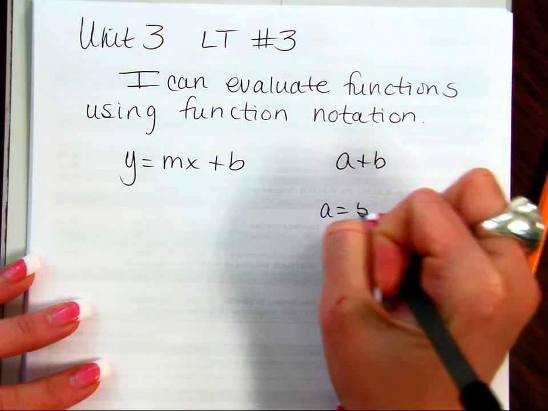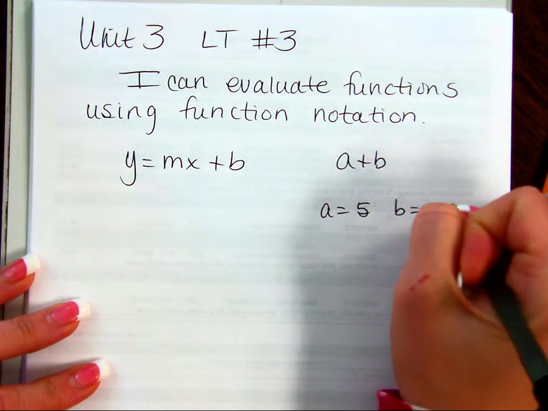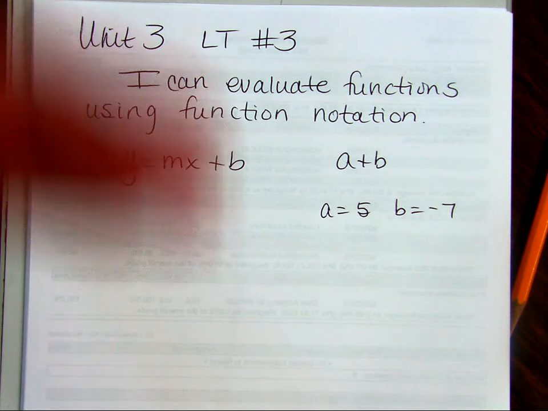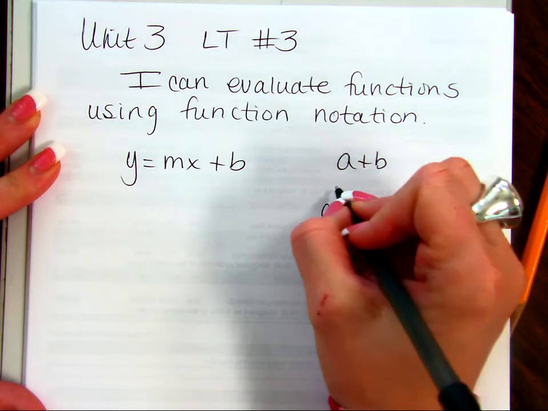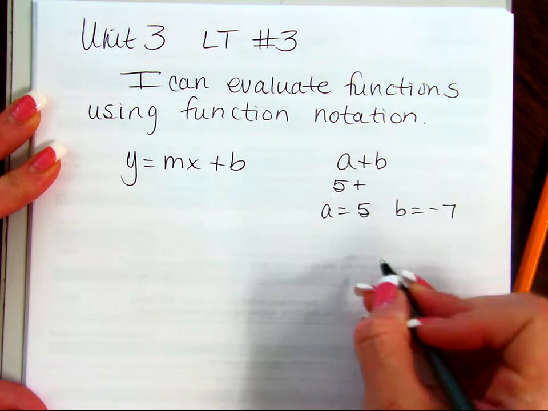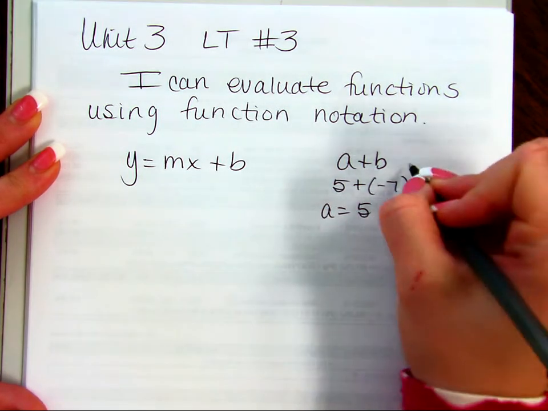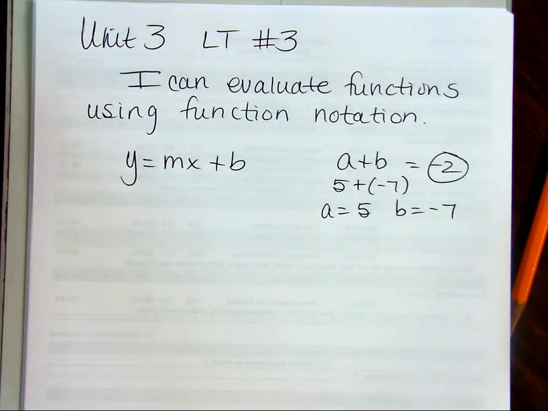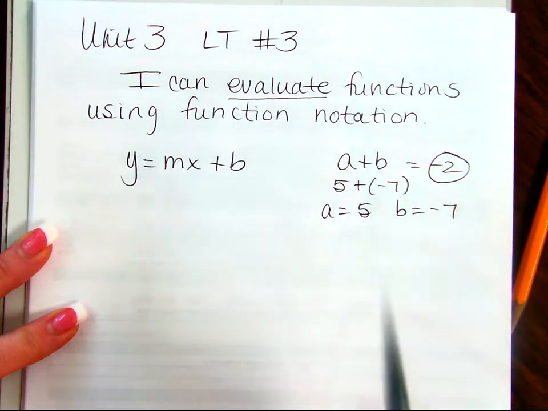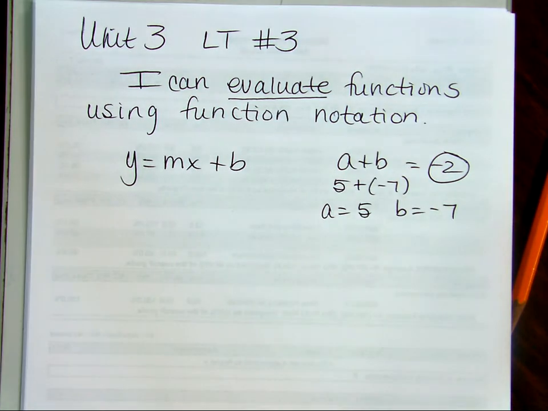If a equals 5 and b equals -7, all you did was substitute those values in, right? You said instead of a, I write 5, and instead of b, I would write -7. So a plus b at these values is -2, right? So that's just evaluating. And if you're looking at our learning target, that's the same thing we're doing today. We're plugging numbers in for x's and y's and evaluating what it is at that value,